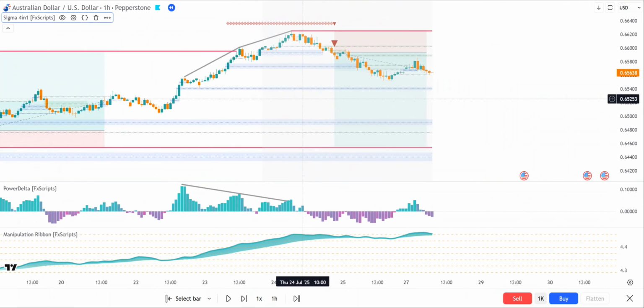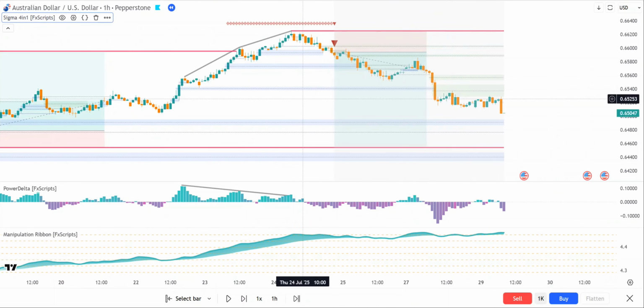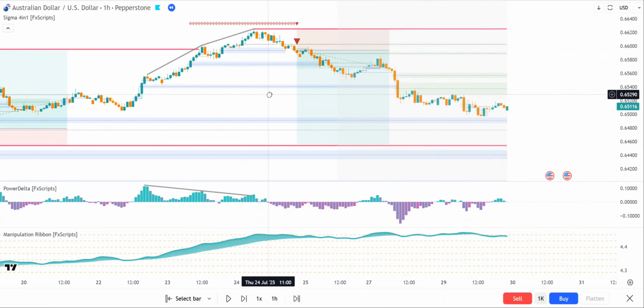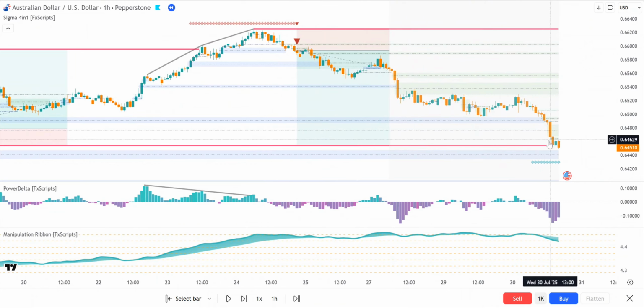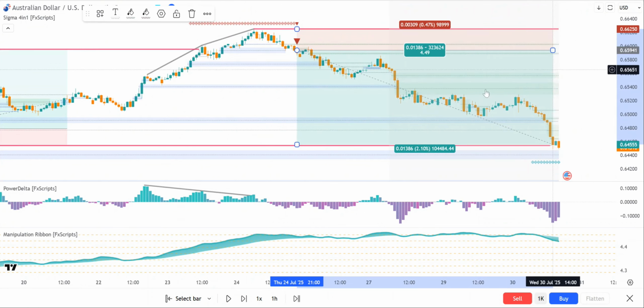It really is that simple. You can take trades like this on any time frame, on any instrument, and you'll see the exact same results. The reversal print, the power delta divergence. This really is the best reversal trading system available on TradingView. And there we go. It's come all the way down. And our third trade in sequence,